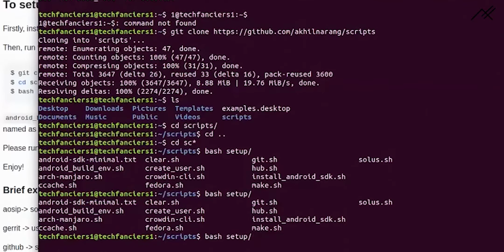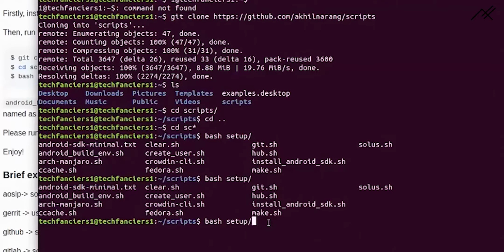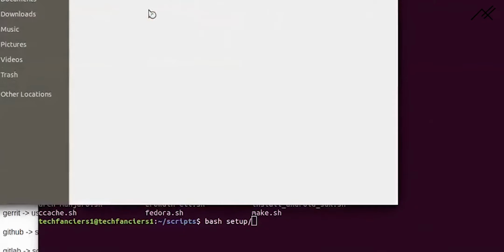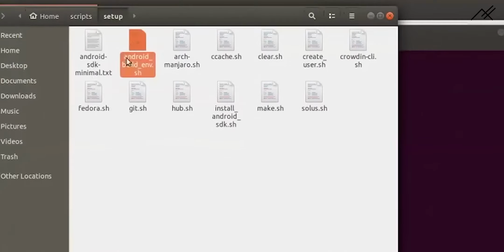So now we need to build the environment. We have the script here, android underscore build underscore env.sh. If we physically go here in setup, we have the script here.